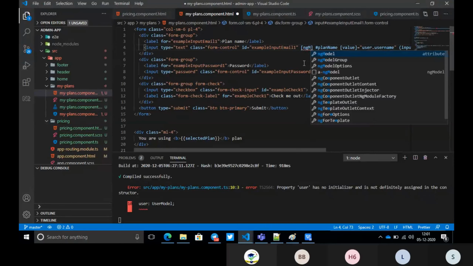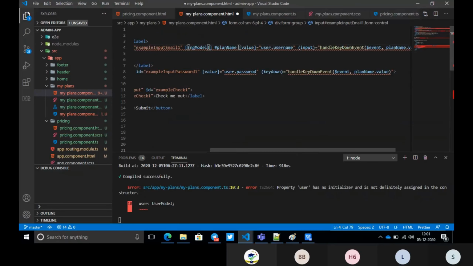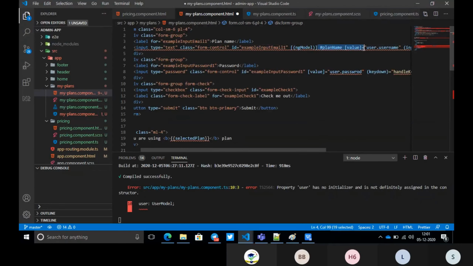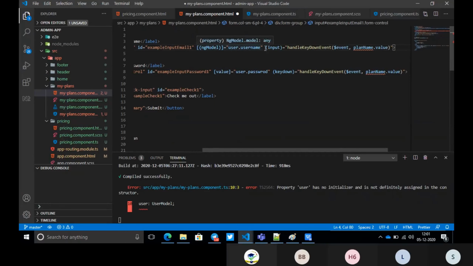Ng model. Okay, just give this name, and we will remove other things. Whenever we are using ng model, we no need to give this value and this username.